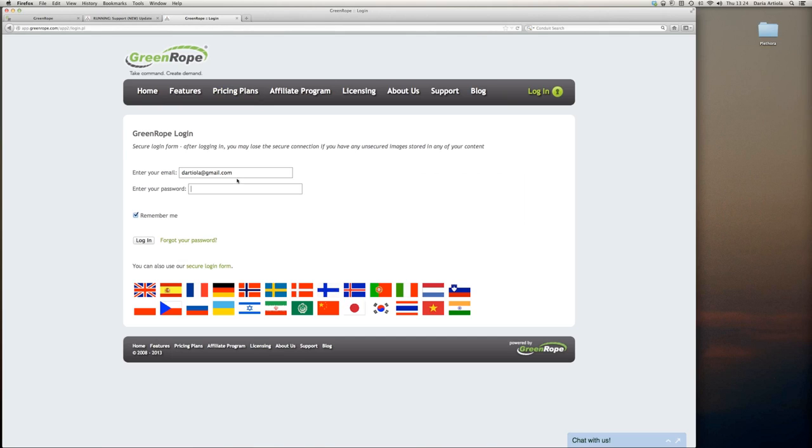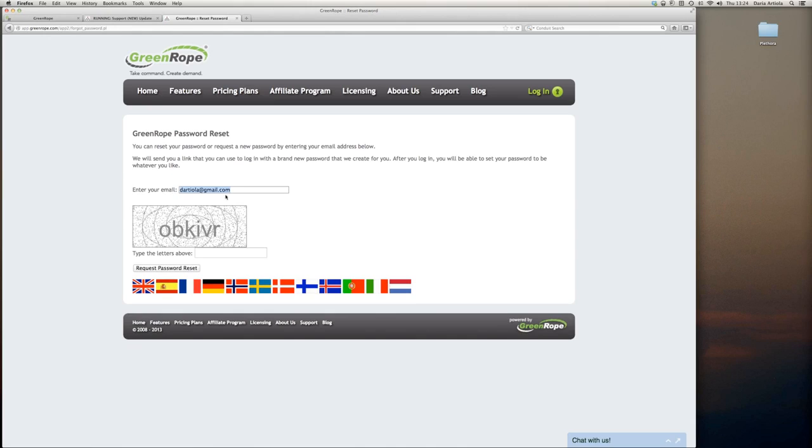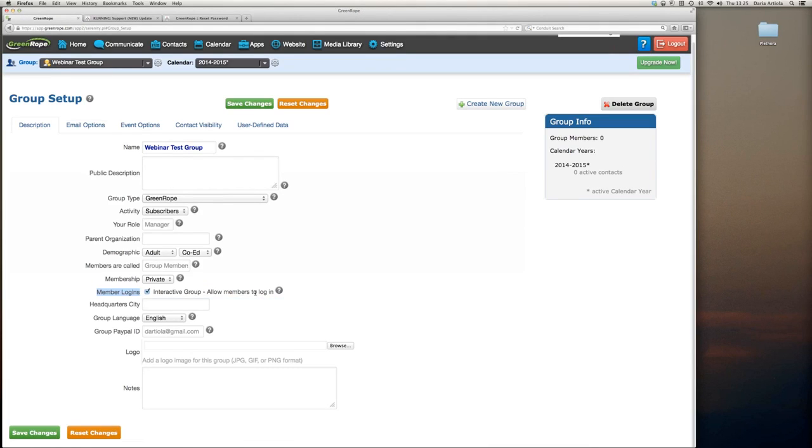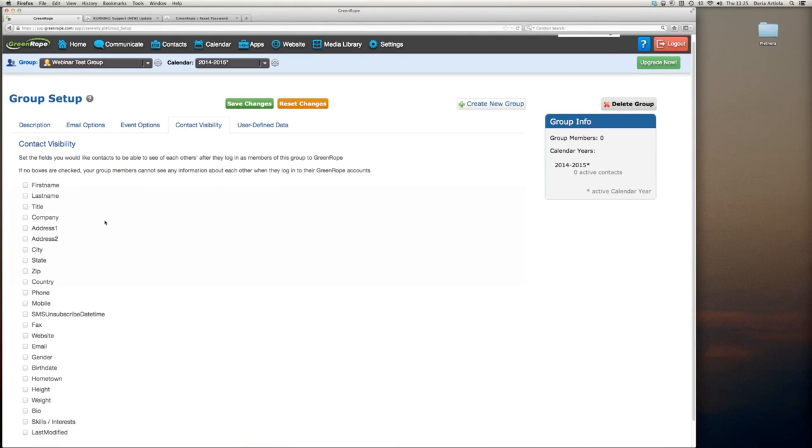Then you'd have them go to the login page, simply put in their email in the forgot password page, whatever it might be, the email that corresponds with their contact data, fill out this option, and they will receive an email to be able to log into the account. So that is something to look at, and why it's important with contact visibility is if you turn that on,